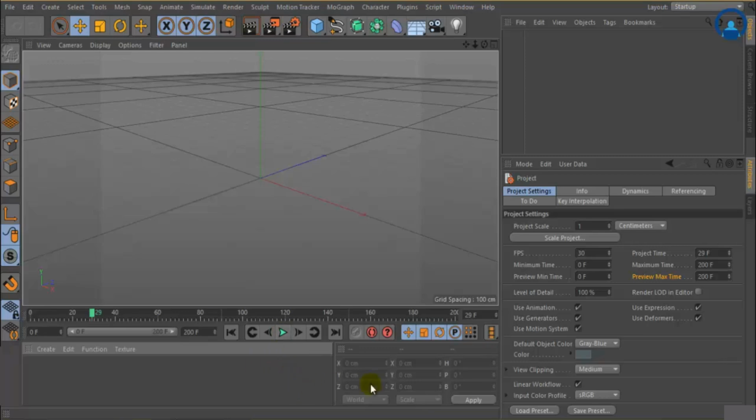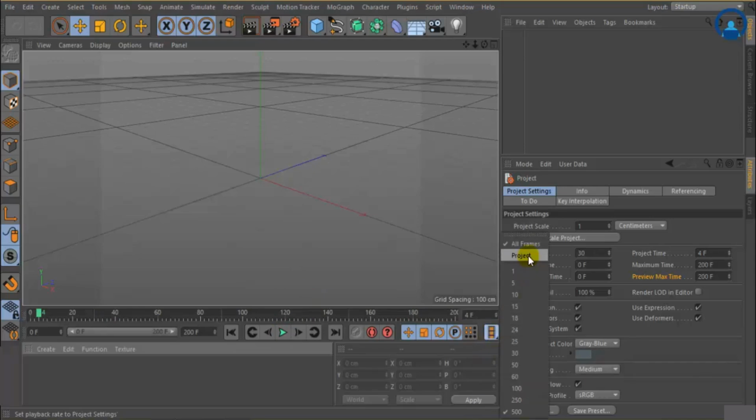If you want to speed up this animation, or check whatever animation you created at a faster pace, you can change it over here to around 250. And when I click play, you can see it's running very fast like this. I change it to 500 and see. So these are the different controls available.